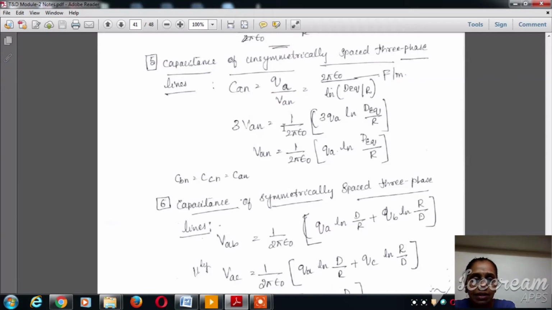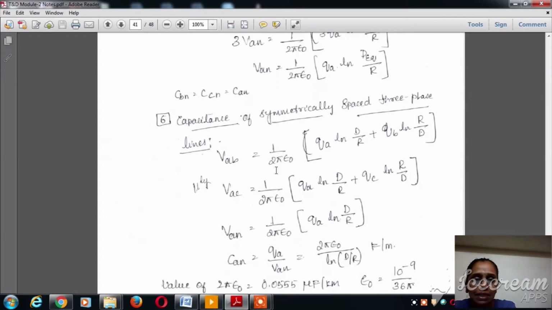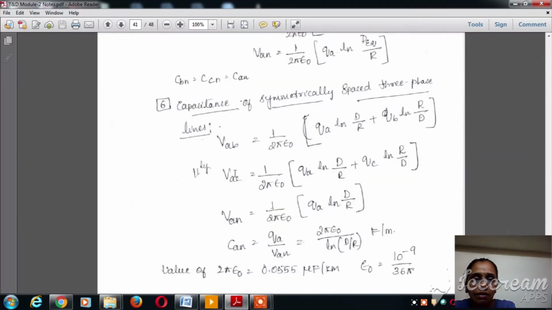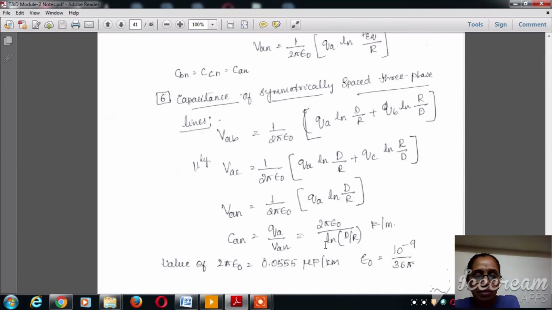Now 3 VAN is equal to 1 by 2 pi epsilon naught into 3 into QA ln D equivalent divided by R. So VAN is nothing but 1 by 2 pi epsilon naught QA into ln D equivalent divided by R. So CBN is equal to CCN is equal to CAN. Now the capacitance of symmetrically spaced three phase lines is nothing but VAB is equal to 1 by 2 pi epsilon naught into QA into ln D divided by R. Similarly, CAN is equal to QA divided by VAN, 2 pi epsilon naught divided by ln D divided by R